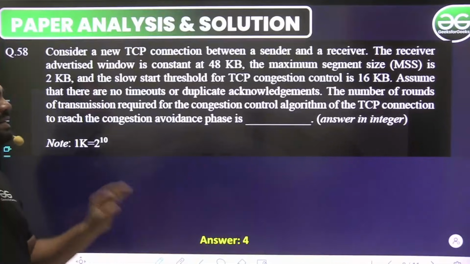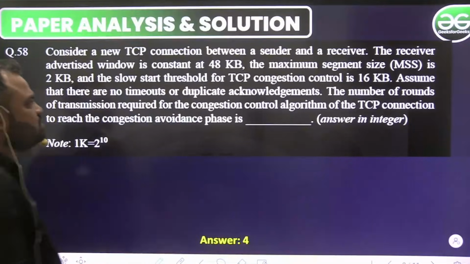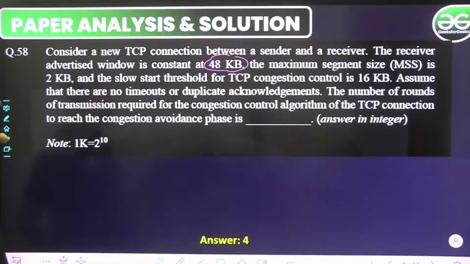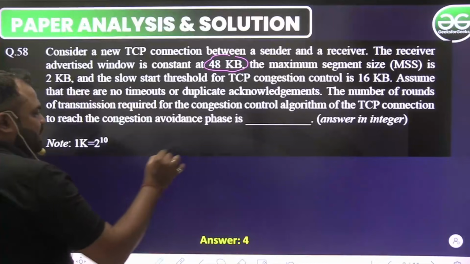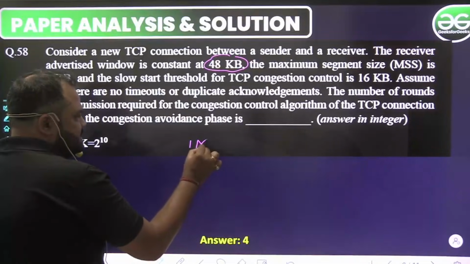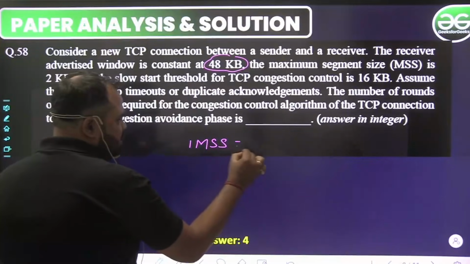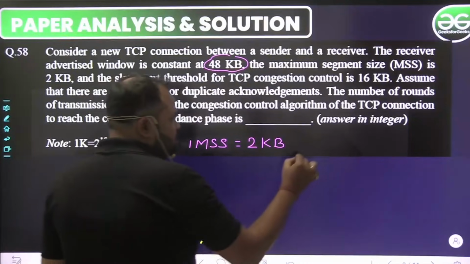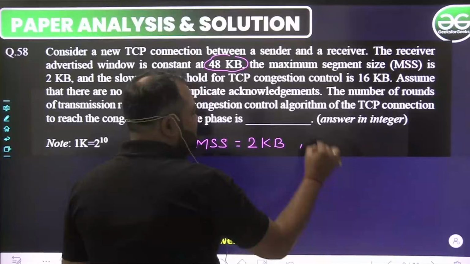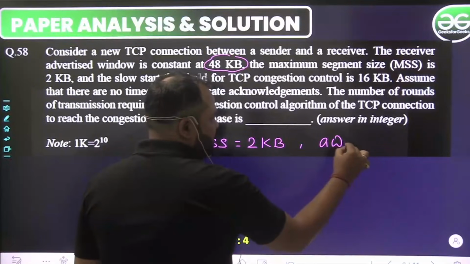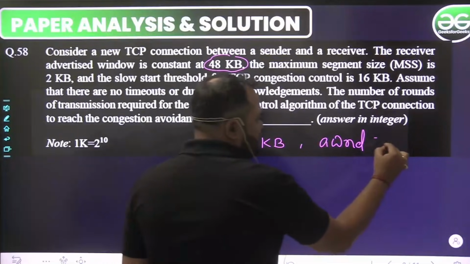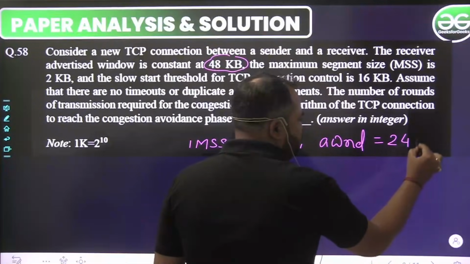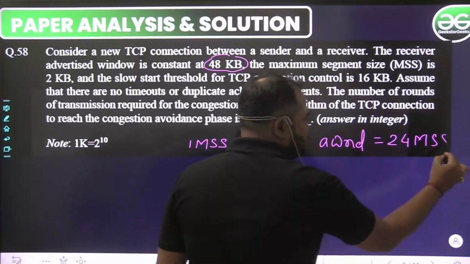चलिए क्या दिया हुआ है, consider a new TCP connection between a sender and receiver, the receiver advertised window size is 48 किलोबाइट, ठीक है, 48 किलोबाइट, the maximum segment size is 2 किलोबाइट। तो देखिए 1 MSS का वैल्यू हमें कितना दिया हुआ है, this is given as 2 किलोबाइट, ठीक है। तो इसका मतलब है जो एडवर्टाइज विंडो साइज होगा वो हमारा कितना हो जाएगा एमएसएस के फॉर्म में, ये हो जाएगा 24 MSS।